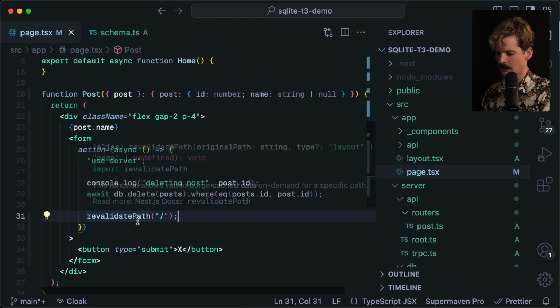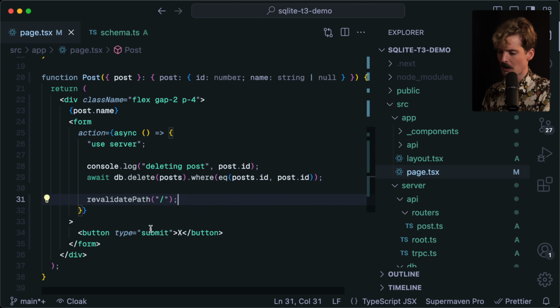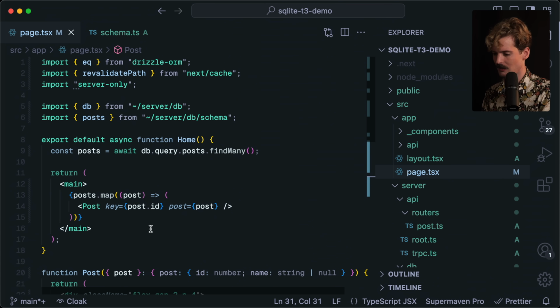Super, super nice pattern. But as I'm sure a lot of people are already feeling when they see this, all this server code mixed in your markup, that's so bad. Separation of concerns, yada yada. Cool. Let's separate our concerns a bit then. I will not even do it using tRPC initially.